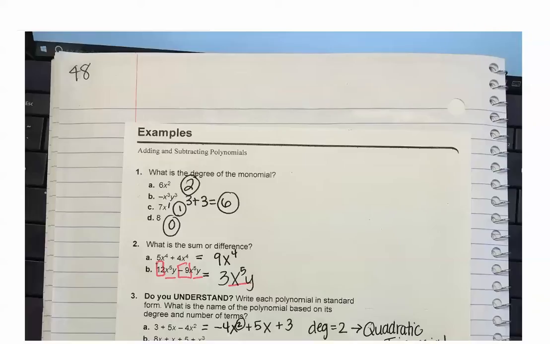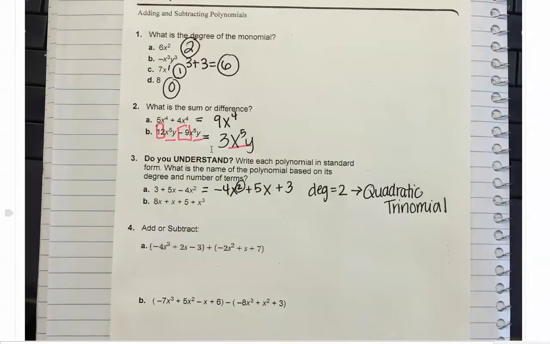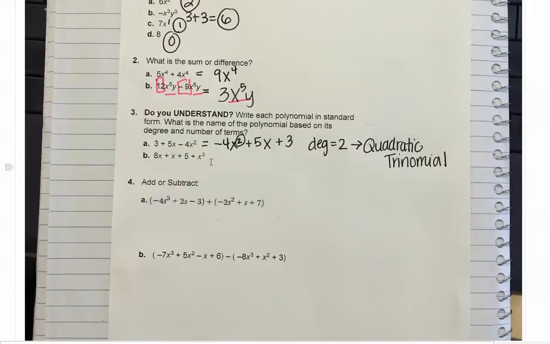Alright, this is a short video for Math 2, and what we're going to look at is the rest of the 11-1 examples. So we put this examples page on page 48 of your notebook, and we did all the way up through 3a. So I just want to finish it and also want to show you how to add or subtract polynomials. Alright, so starting with 3b, we have 8x plus x plus 5 plus x cubed, and we